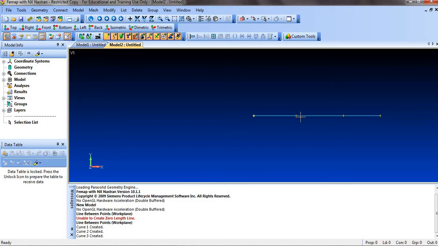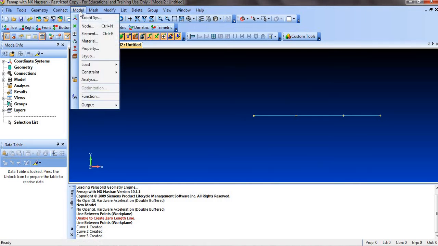So after the geometry is created, you have to give the properties to that material. Okay, so you have to give the properties to the element. So we have 3 elements now. So we need to give the Young's modulus and area. We have to define those things to each element. Okay, so how to define? You have to go to model and you have to go to material. Okay, so model and material.